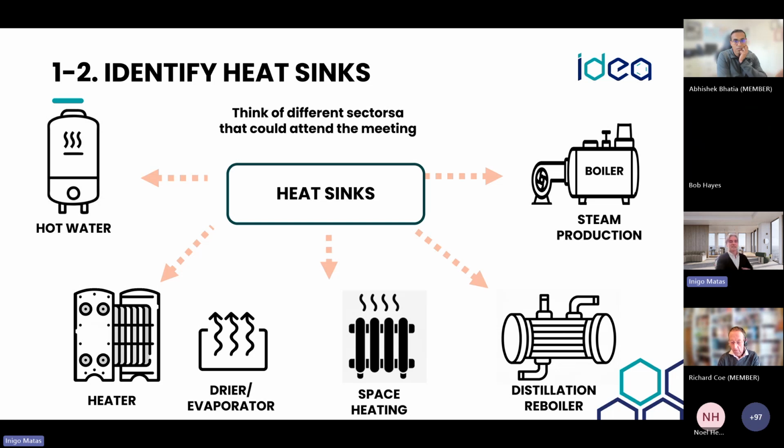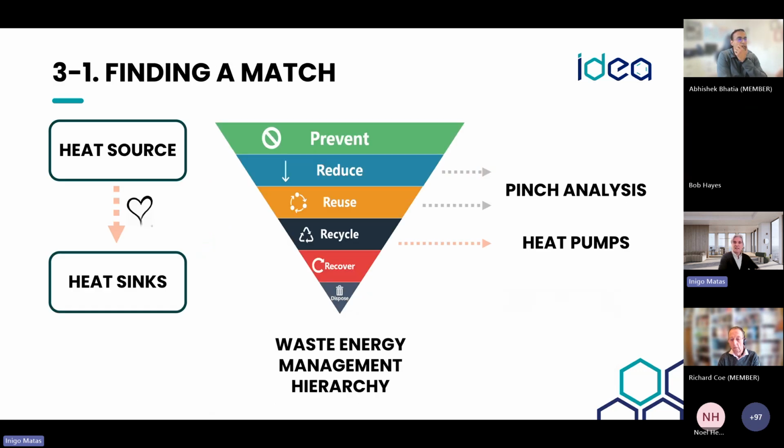Now let's look at the heat sinks. Again, some of them are probably the same places where we took the energy from, so we can have a system where we can produce hot water. We can put the heat in the form of a steam. We have a steam production into a heater. We can power dryers, evaporators. We can even use this as space heating. It's an easy way of recovering that waste energy, but sometimes it's at a smaller temperature. And with the steam, we can go back to a distillation column, where we have extracted the heat at the top. The critical step is matching those heat sources and the heat sinks.